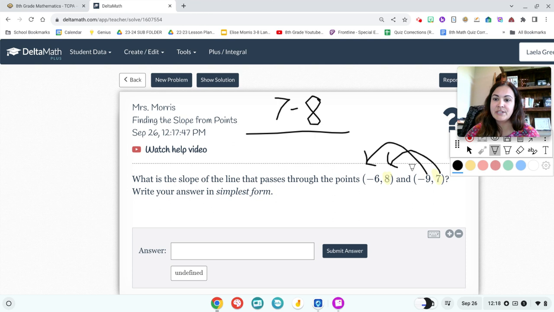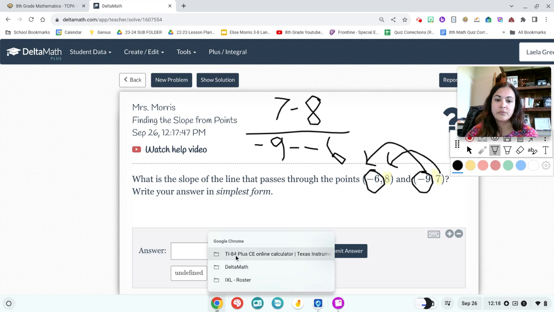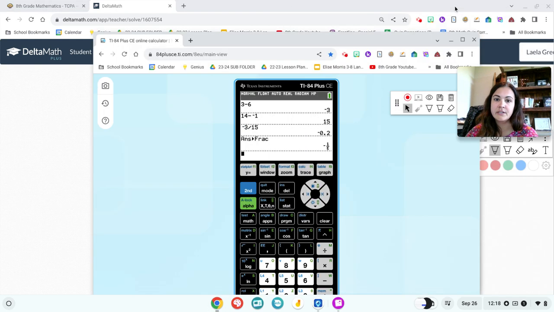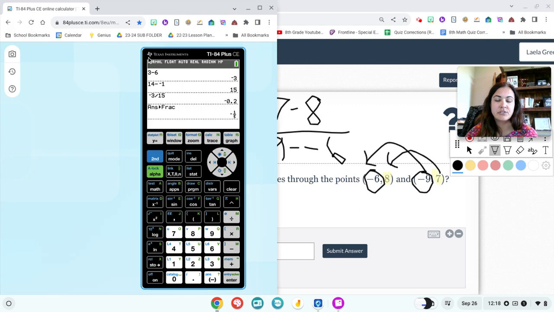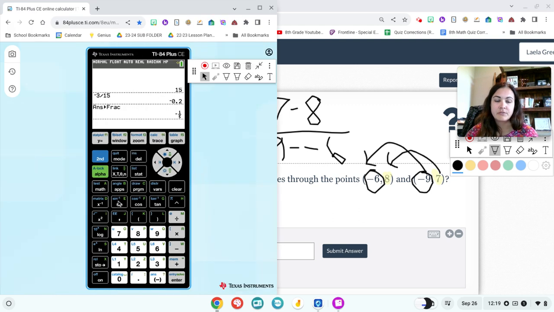So I did 7 minus 8. So now I'm going to subtract these. I'll just circle them in black here. All right, so now I'm going to subtract a -6. So you can pull up your calculator and do this in your calculator, right? We can do 7 minus 8 in our calculator, and then we can do -9 minus a -6. And we will get